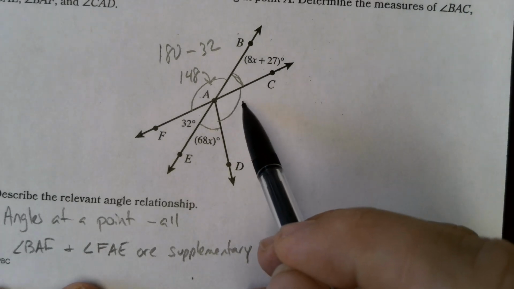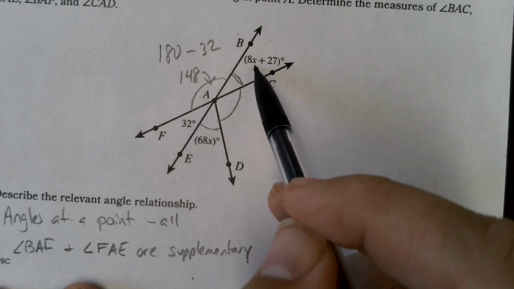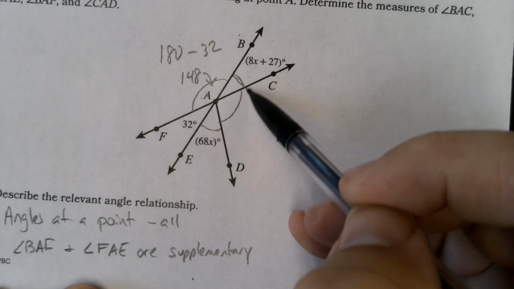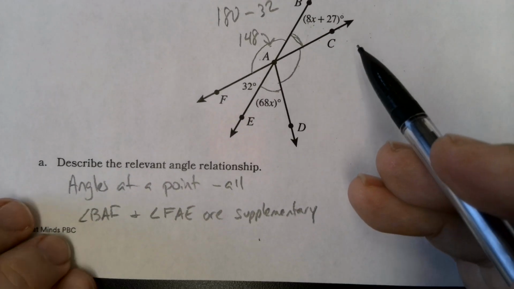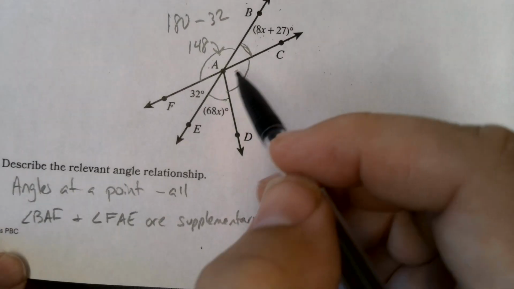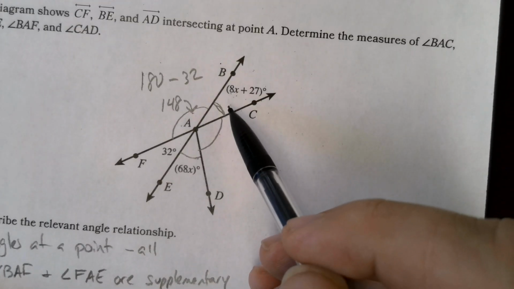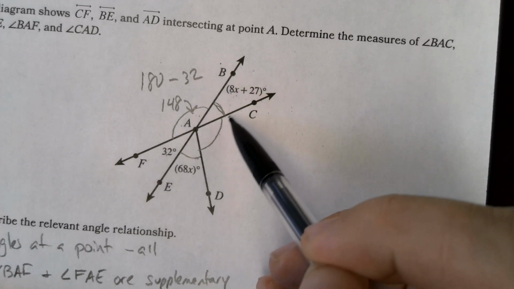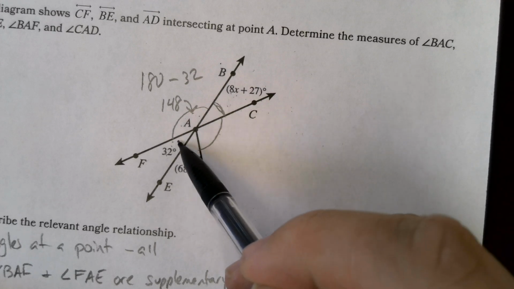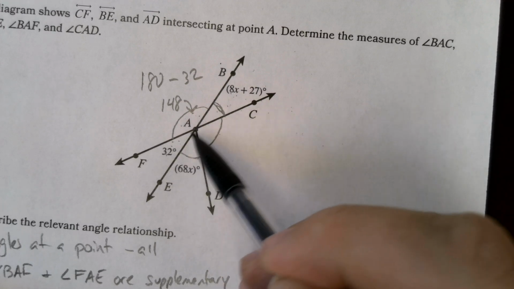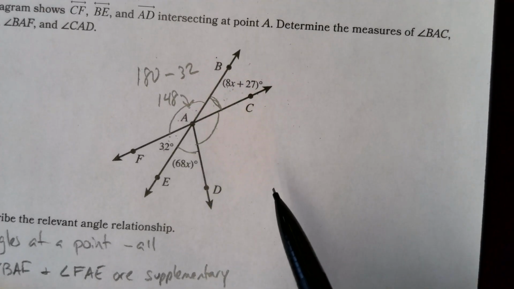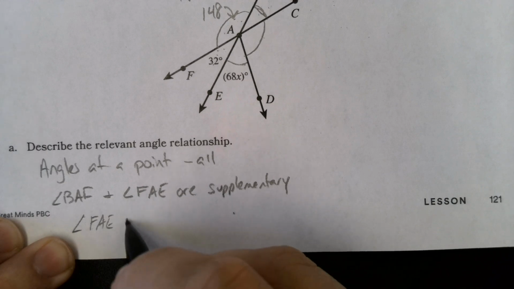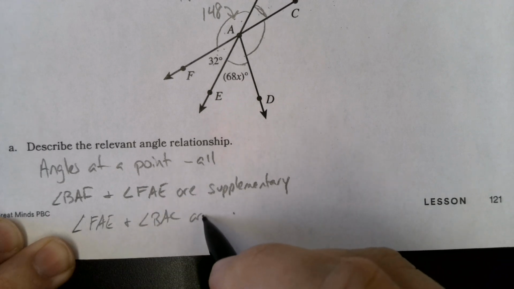Okay, in order to find CAD, we need to actually find X first, because we have these three lines right here that are angles on a point. So in order to find X, I have BAC and FAE. These angles are vertical angles. They share this point and they open away from each other. They don't share any sides. So I could say FAE and angle BAC are vertical